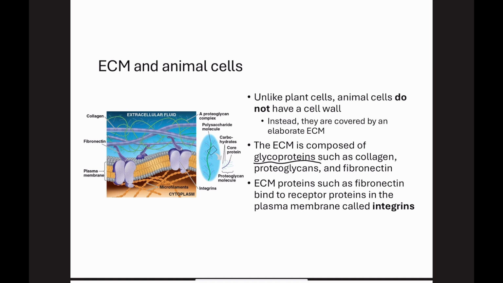And a proteoglycan molecule consists of really small core proteins with carbohydrate chains that are covalently attached, and it makes up about 95% carbohydrate. And then we also have large proteoglycan complexes that can form when hundreds of proteoglycans become non-covalently attached to one single long polysaccharide molecule. So in many cells, fibronectins, which are found in the extracellular matrix, are going to connect